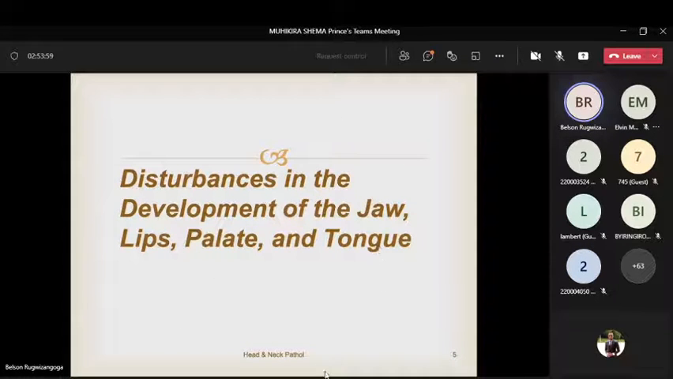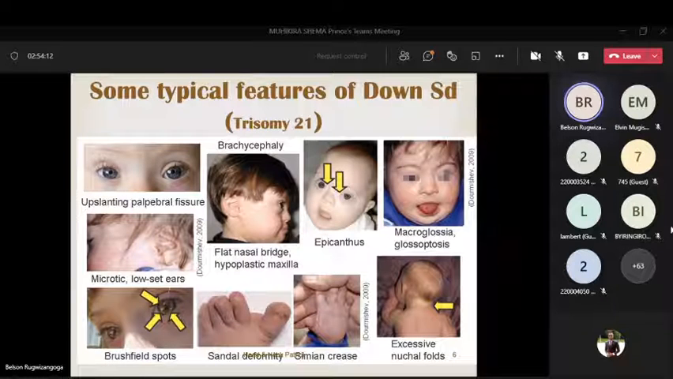So the disturbances in the development of the jaw, lips, palate, and the tongue, we see some of them here. I think there are many abnormalities that we shall not talk about here, and some of them are considered like good things,